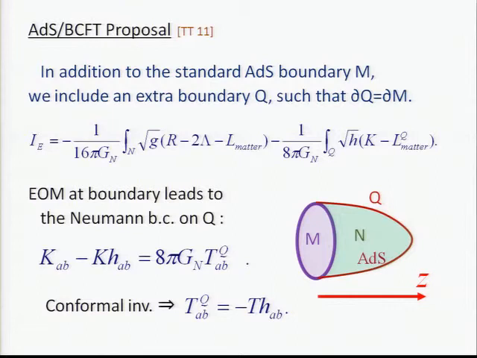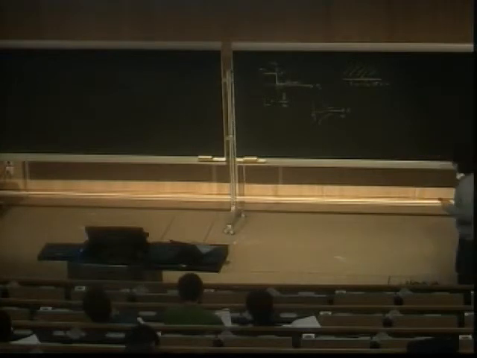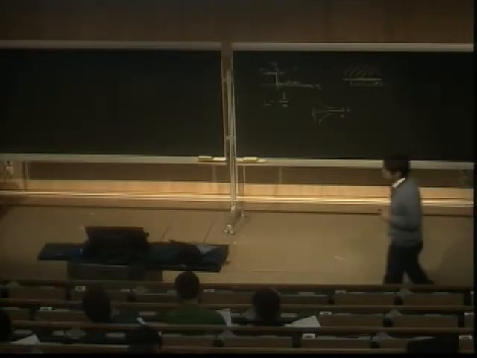From the classical gravity viewpoint, we have this z direction, which is the same as the radial direction of AdS, and this is the boundary of AdS. But we are interested in the holographic dual of some manifold with boundary. This is called M. It lives on the boundary of AdS, but we totally cut it out as a part of the boundary. Here it's extended, just flat space, but we pick up a particular part of that. And then it is very natural to think that this region is dual to this kind of region, some region inside the AdS. But we have to be, of course, careful about this construction.